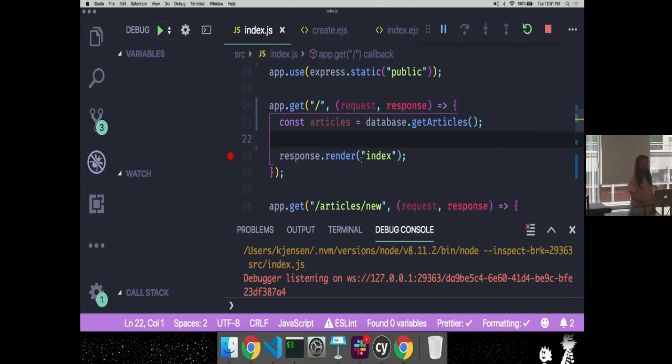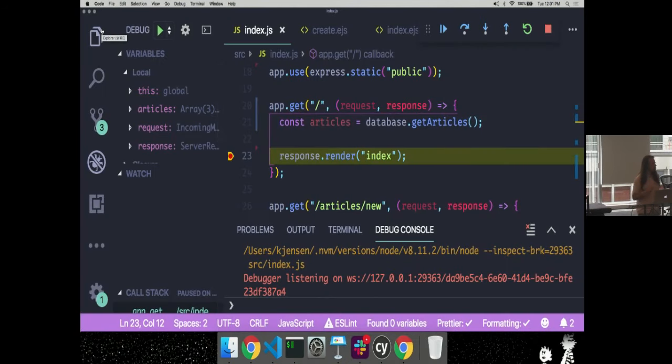So the way that this code is going to get executed, what do I have to do to make this code be executed? The server is running right now. Yeah, I need to go to the home page. I need to make the request to this web server so that this route handles it. There we go. I've made the request, and my debugger has stopped on the line that I told it to, which is line 23.